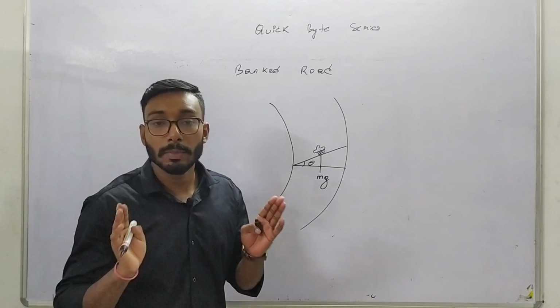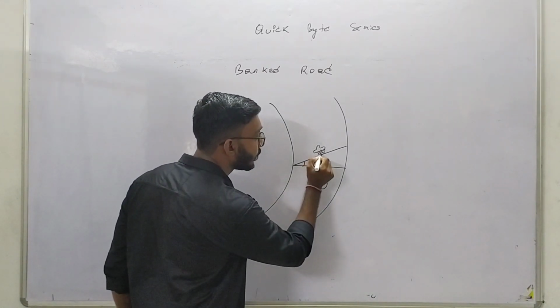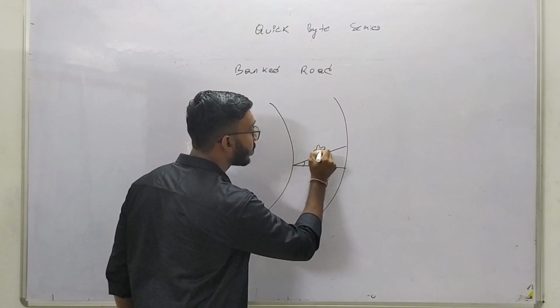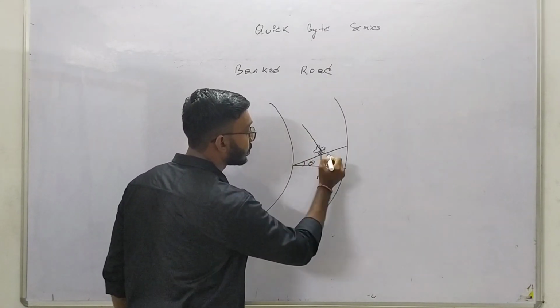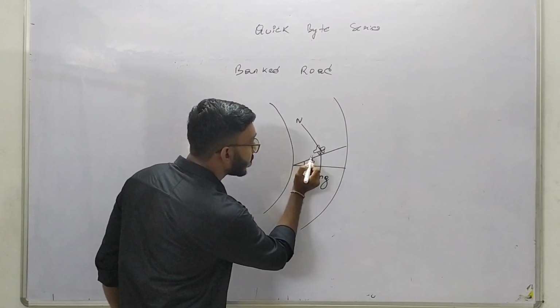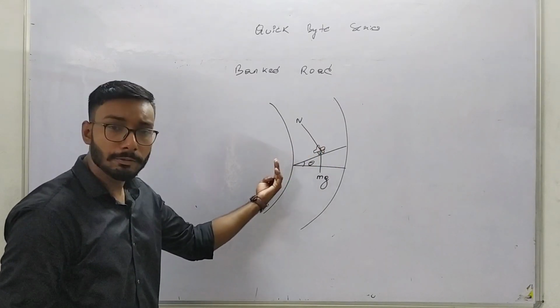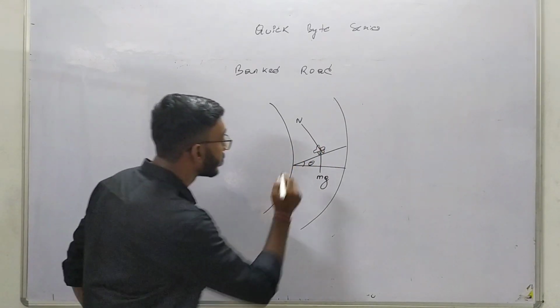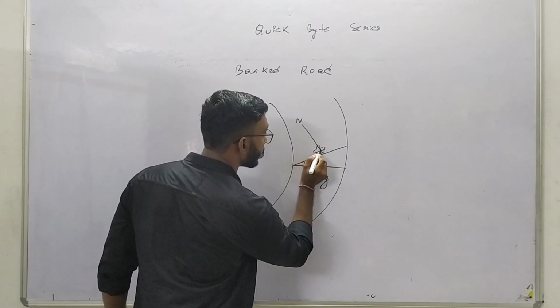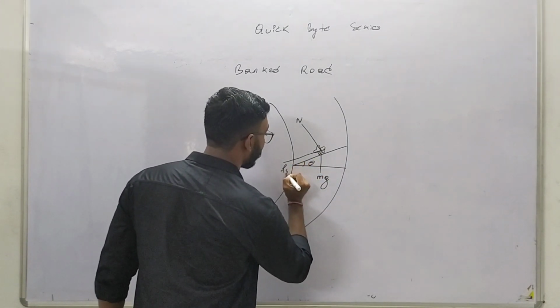Normal always acts perpendicular to the plane. Now our plane is this, not this. So if this is our plane, our normal will be perpendicular to this line, so it will be N here, and then this will be the static friction, it will act along this direction. So our static friction will act along this direction, it will be Fs.